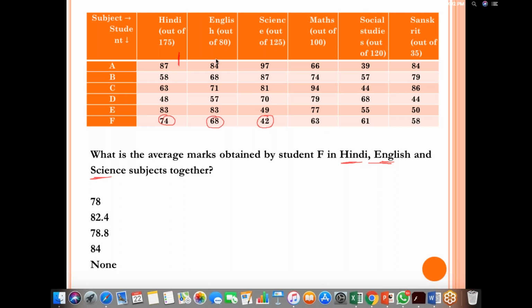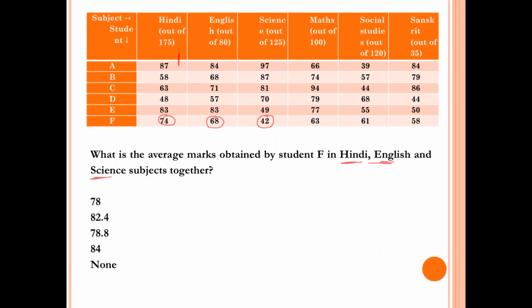It is Vijay, yes, Vijay and Nitya, it is this. So if we go with calculation, it will be 175 into 74% plus 80 is 68%, then 125 42%, then divided by 3. This is what you will be getting as an average marks. This divided by obviously by 100, you shall be getting your value, right?